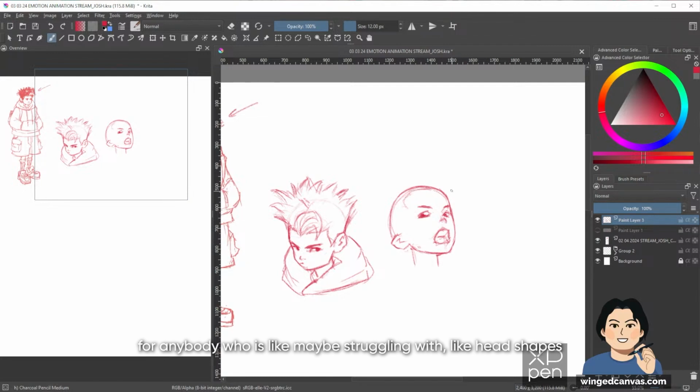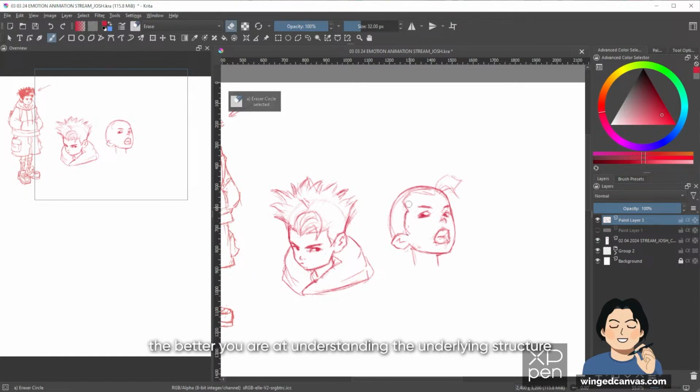For anybody who's struggling with head shapes or drawing heads at different angles, I would say understand the shape and the overall cranium of the head that you're drawing.